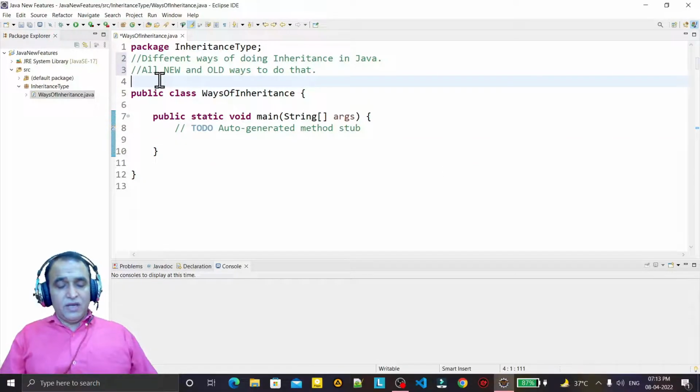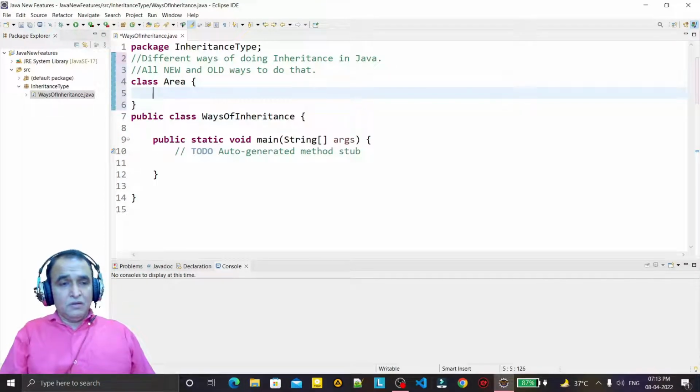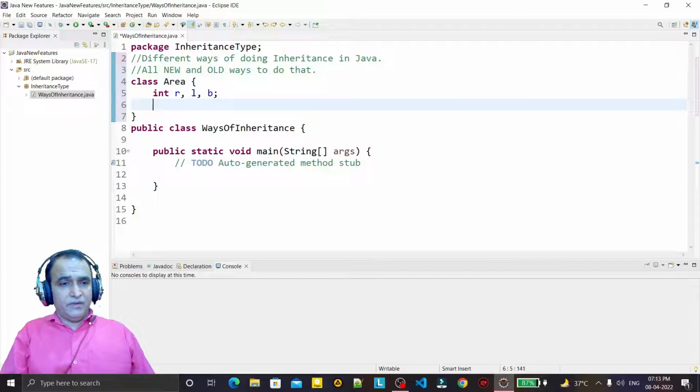So here we have a class, a very simple program, Area, and here we have num1. We can say we have R, we have L, and we have B, for example. And we have a function, we say void getArea.